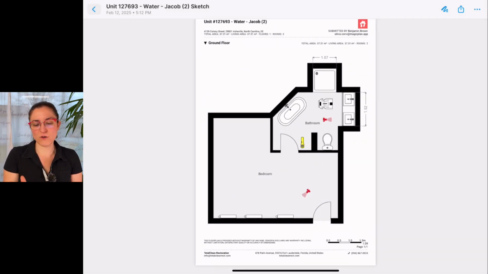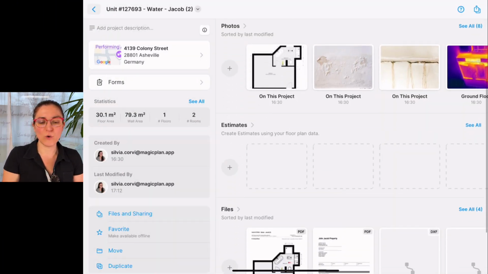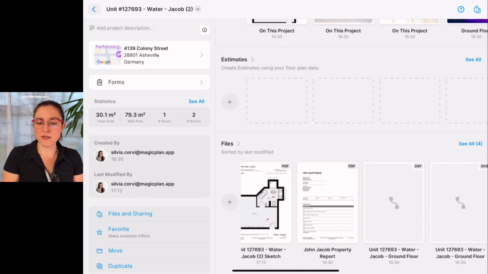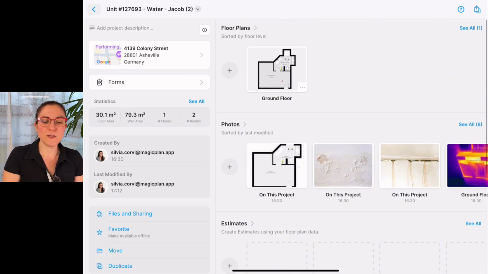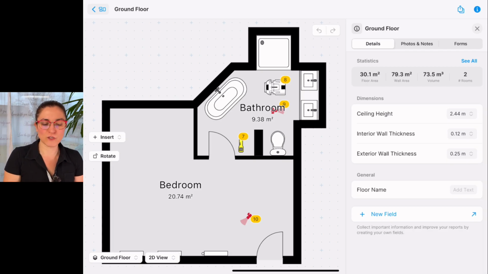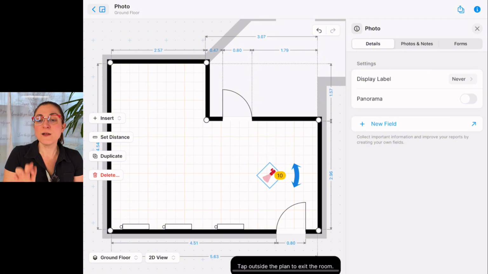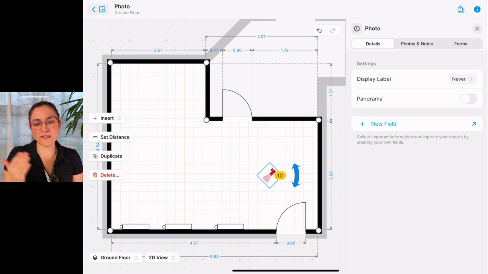As you can see, I only have one floor, so we have one page in this case. If you generate more formats, they will all be listed here at the bottom of your project. And maybe also an important note, if you change something inside the project, for example, you add an object, you move an object or whatever, then please generate a new link to be up to date and on the latest